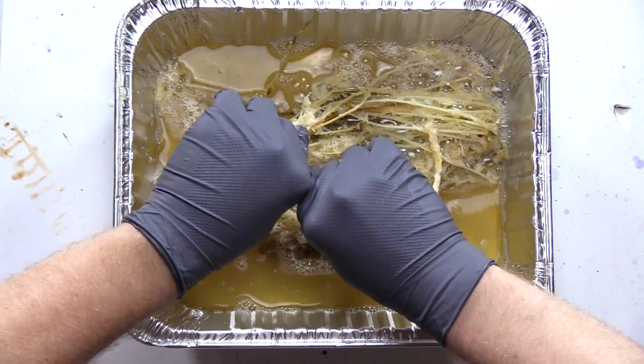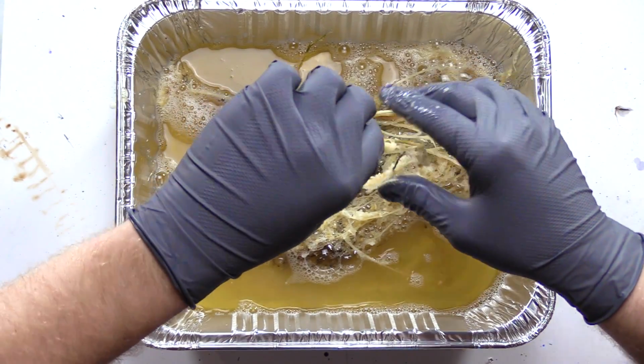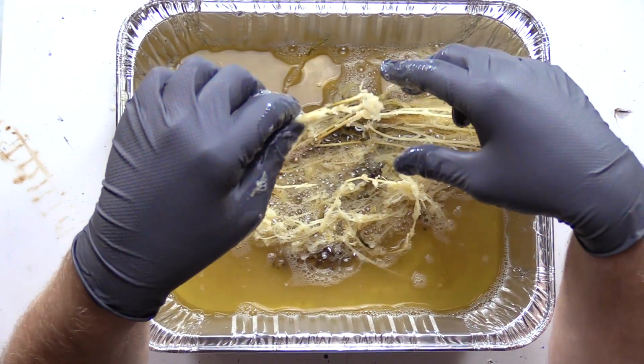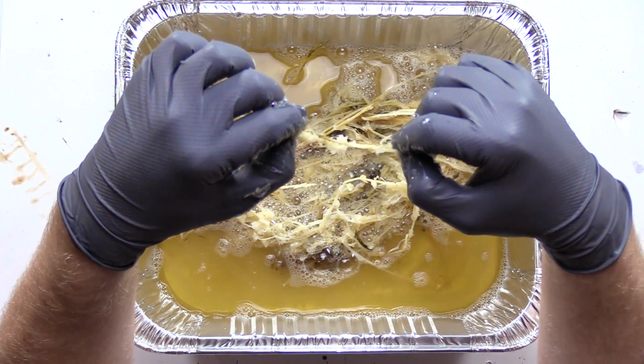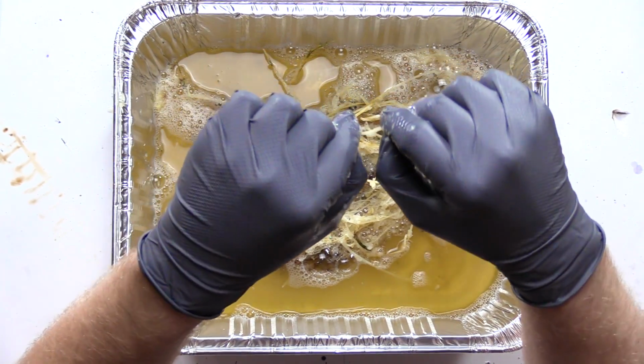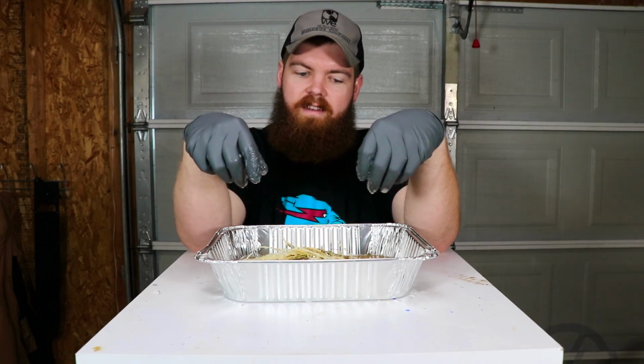Let's see, yeah, like if you take two pieces that are completely bleached white and look at them, yeah, it is weaker, I guess you could say. They pull apart very easily. By no means is it dissolved, but